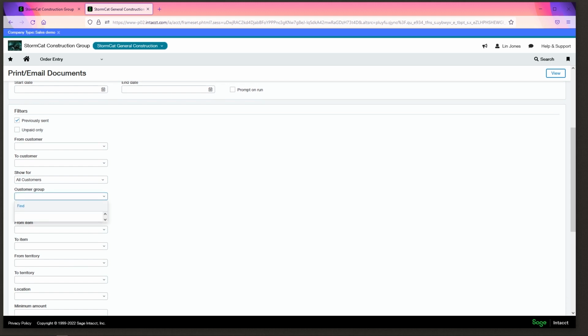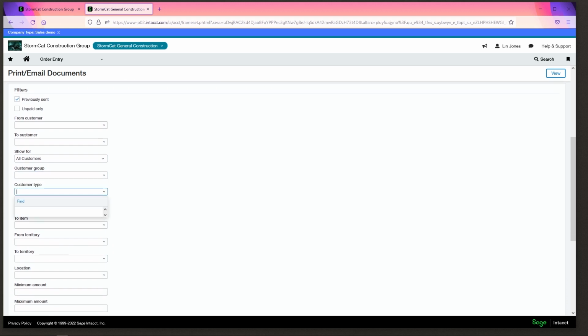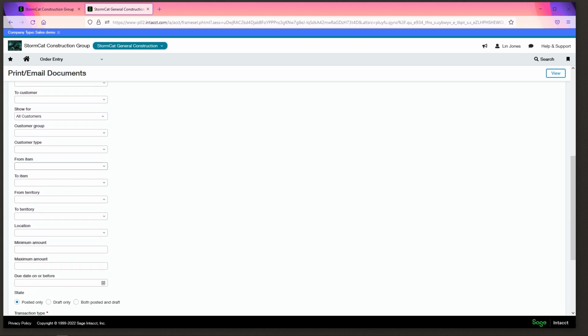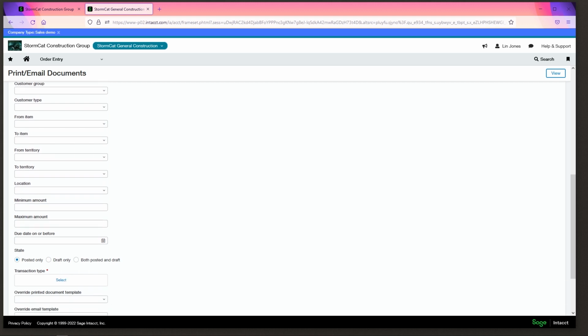Remember, customer groups. We don't have any yet. You can do it by customer type. Of course, we don't have any in this one, but you've seen it before. You can do a range of items. You can do territory. Now, remember, territory is really used only for sales. That dimension has no other use outside of sales. I can tell you that right now. AR and order entry is the only place you're going to see territory as a dimension. You got locations. You can pull by range of value,